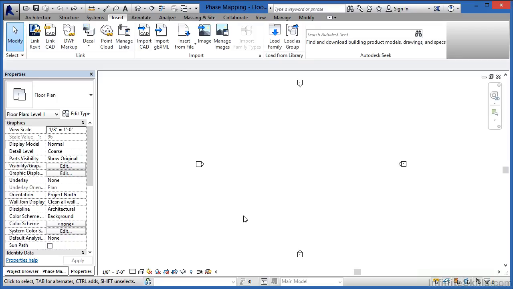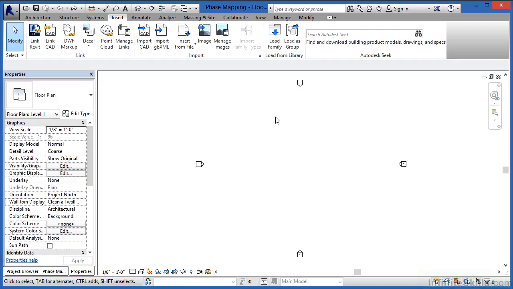of your own project. In this case, I have a project called Phase Mapping, and it's just from my default template. I opened up a project and named it Phase Mapping. In this case, I know that there's 3 different phases in the project I'm getting ready to link in. One is going to be an existing phase, another is called Demo, and then a third is called New Construction. So I want to coordinate those views so that each of those phases match up with the phases in my